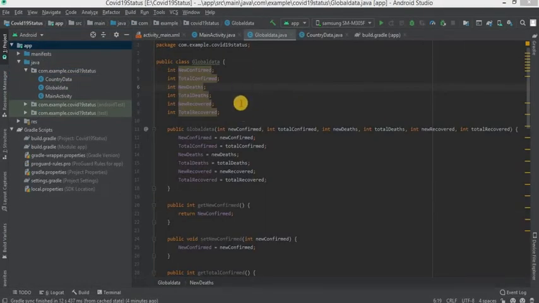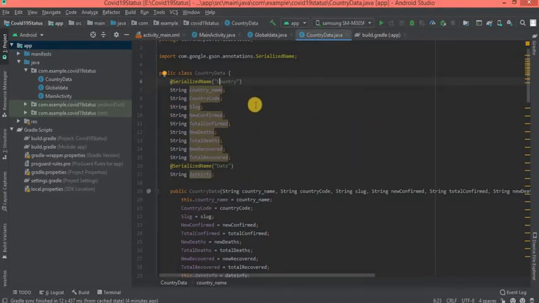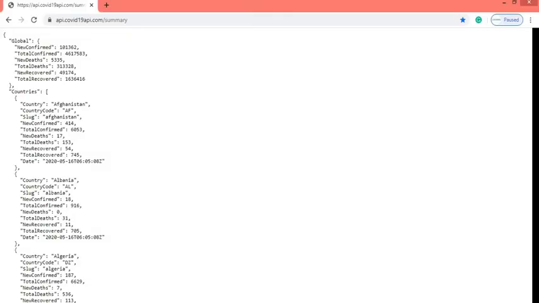Now we have created the model class for global data. Likewise, I have created the model class for country data, and here I have mentioned all attributes to store the values of corresponding fields in the JSON file.